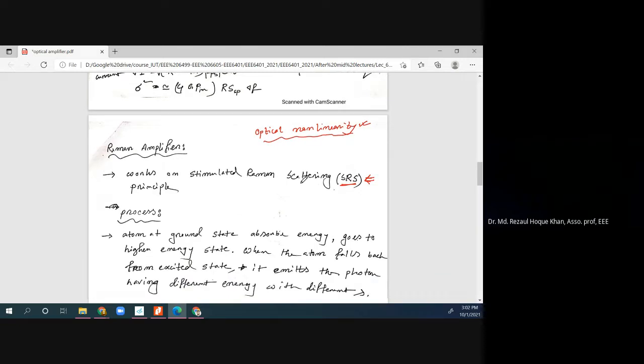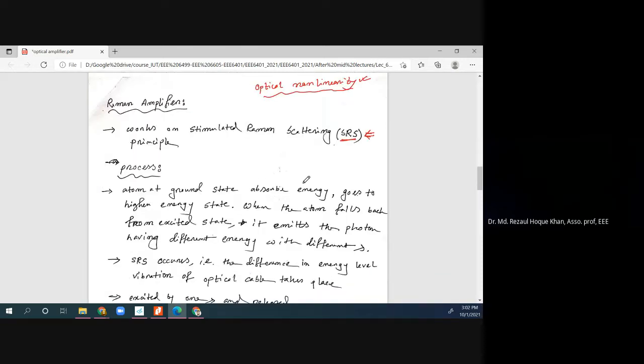So how does it work? The process: an atom at the ground state absorbs energy and goes to a higher energy. So from the ground state it has to go to a higher energy, which is typically the mechanism of a